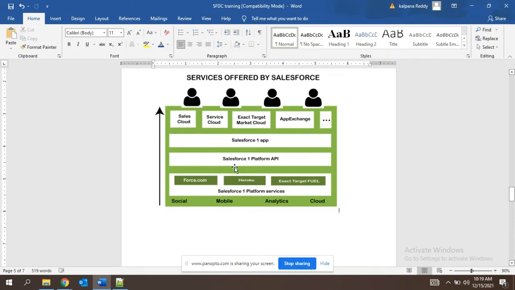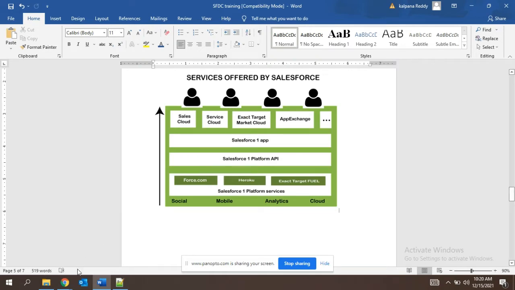Inside the Salesforce application we are creating multiple applications that are known as clouds. These clouds are named based on their functionality. For example, if the application is used for sales purposes, then it is a Sales Cloud, and if it is used for service, then Service Cloud. And if it is used for marketing and to manage marketing data, that is named Marketing Cloud. Similarly, we can name our cloud with any name when we are creating separate custom applications.